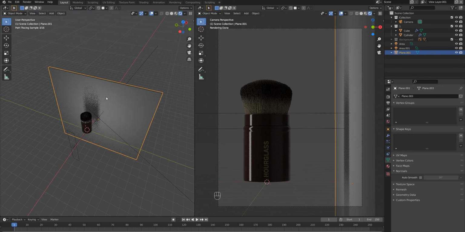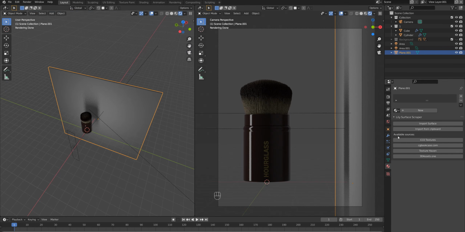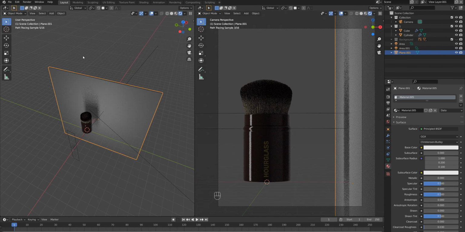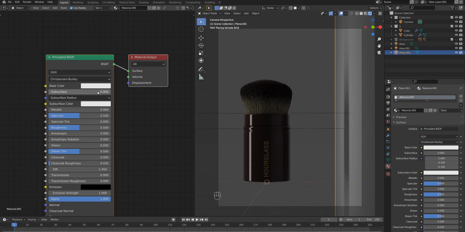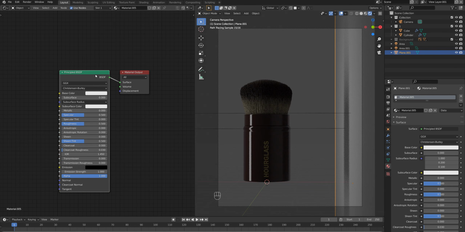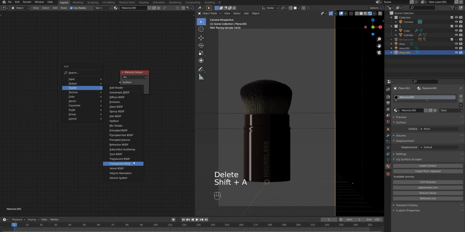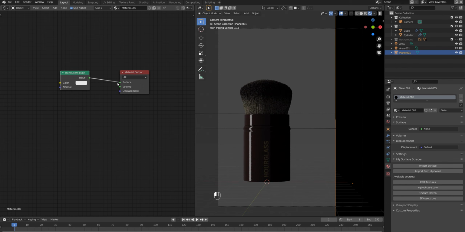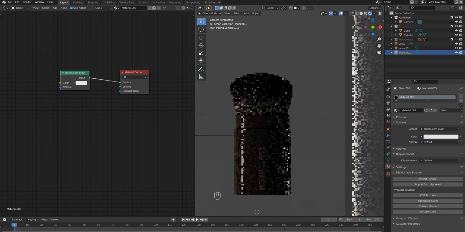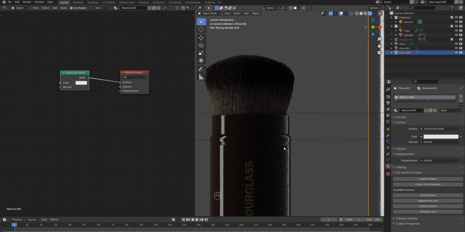I'm gonna add a new material for this one. I'm gonna choose shader editor here, and I'm gonna delete the Principled BSDF shader, and add a Translucent BSDF connected to this socket. So now we have a nice highlight on the right,